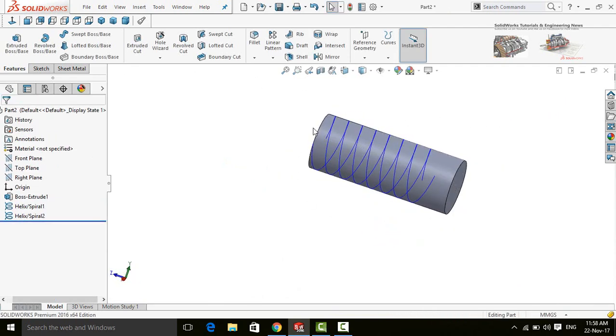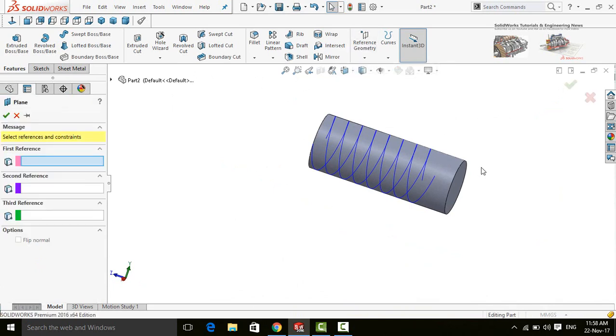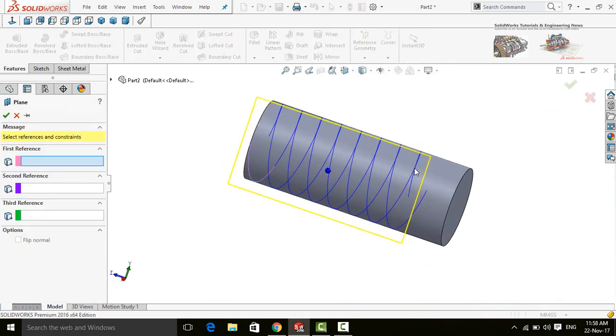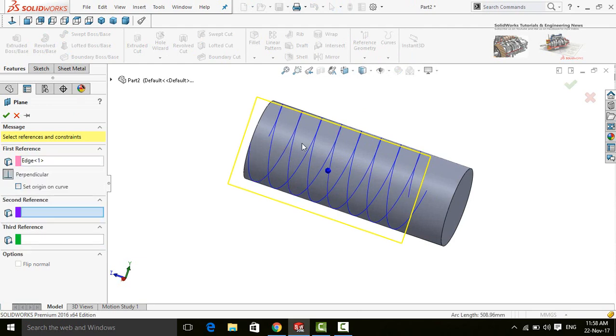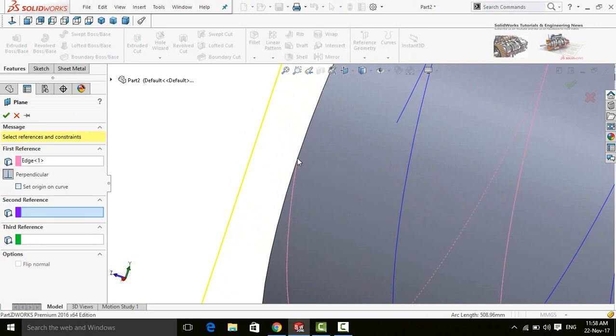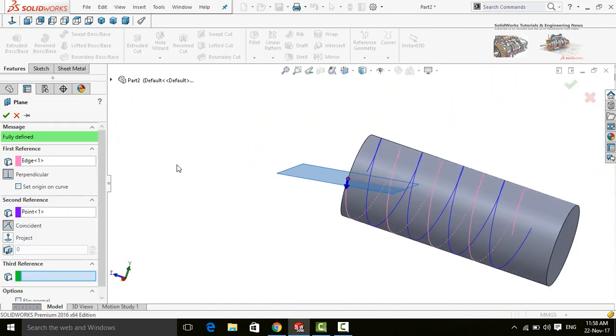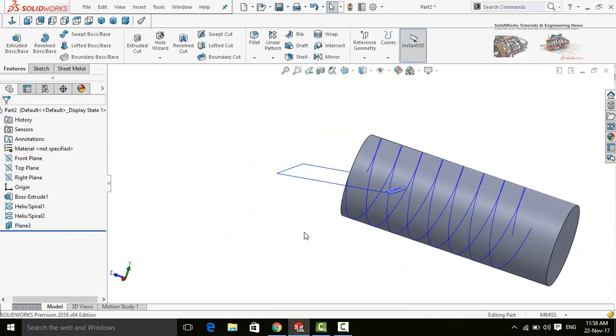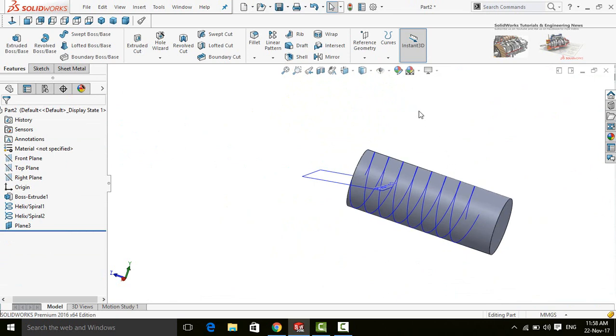Now we have to create two planes. So click on reference geometry and select plane. Select this helix as first reference and then this point as second reference. Press OK button. Again click on reference geometry and select plane.